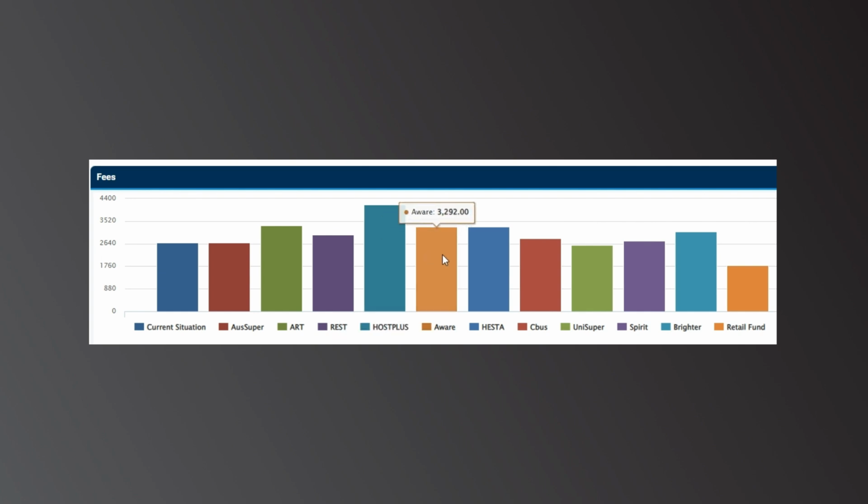$4,158. Aware Super came out at $3,292. Hesta came out at $3,292 too. A big surprise to me, exactly the same. CBUS came out at $2,852. UniSuper, reasonably competitive at $2,576. Spirit Super came out at $2,747. Brighter Super came out at $3,106. And then finally, that retail fund that I showed you in the previous video came out at the cost of just